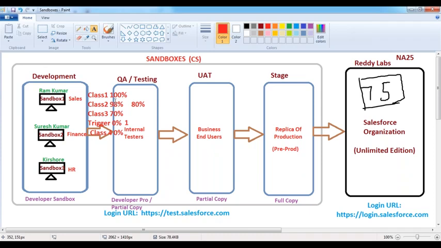Already we have tested the classes by entering some values, by creating the records, by modifying the records. Then why do we need to write these test classes again, which will be occupying some more lines of code? But in this case, whatever test classes you prepare, the test class code will not be counting as part of your limit. The commented lines of code will not be counting as part of your 6 million character limit